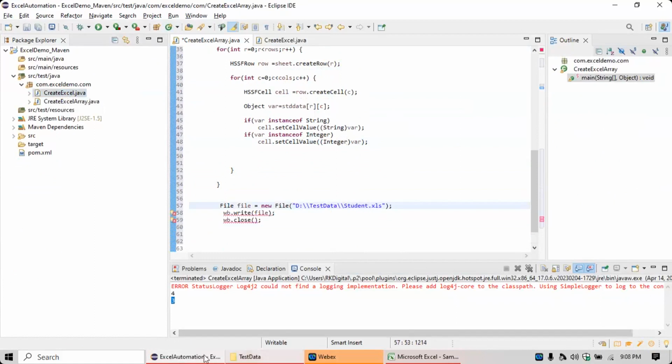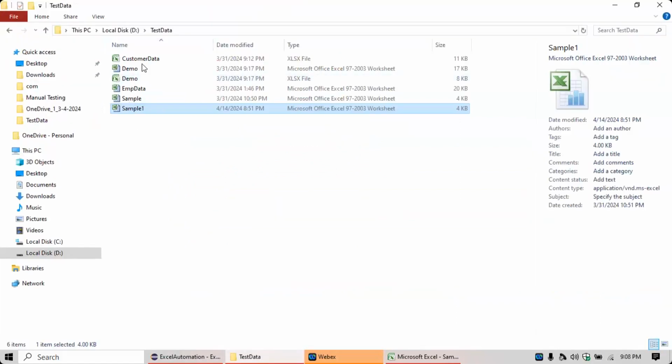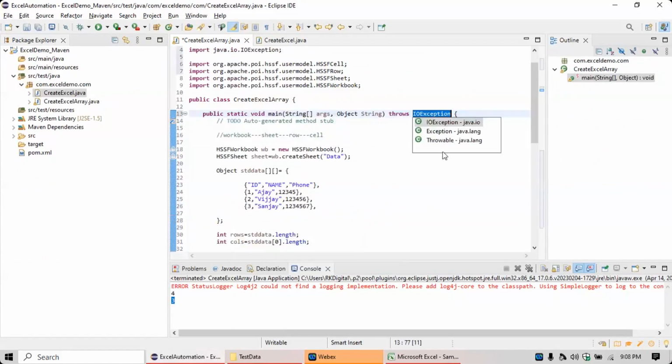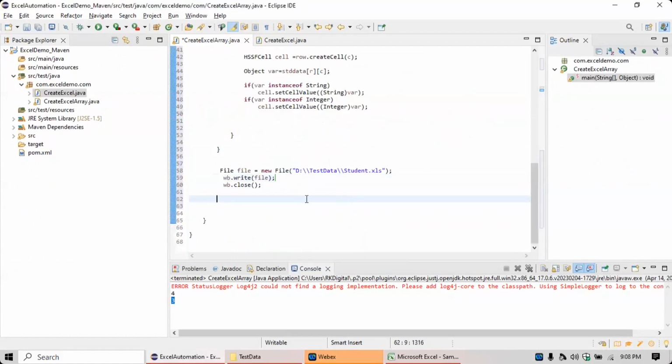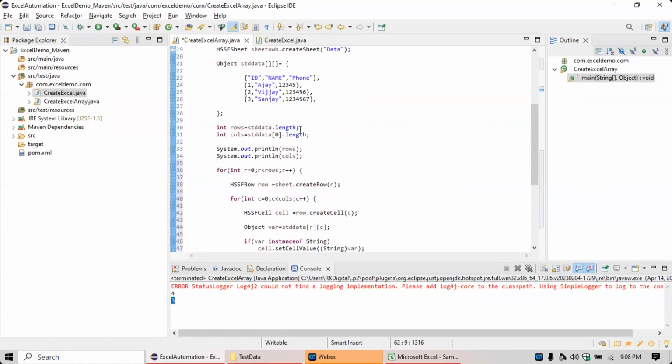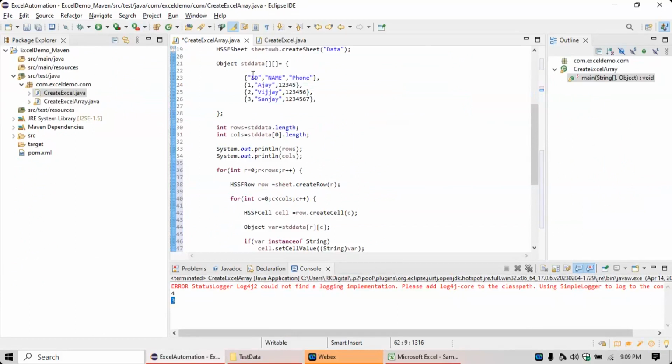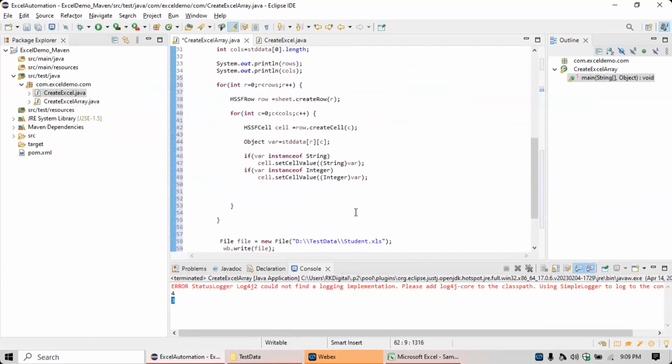So if you look at your test data, you don't have any student data. Go here and see, there is an error. Add throws declaration, capture that IOException, and then it will create the data with the respective data you have given. Now if you look at the test data folder, you don't have a student file. If I run this script, automatically it will create ID, name, phone as a header, and this data also will be stored into this Excel file. This is how you will make use of an array to pass the data. I'm closing this Excel file, saving it, and then running the script. See what is